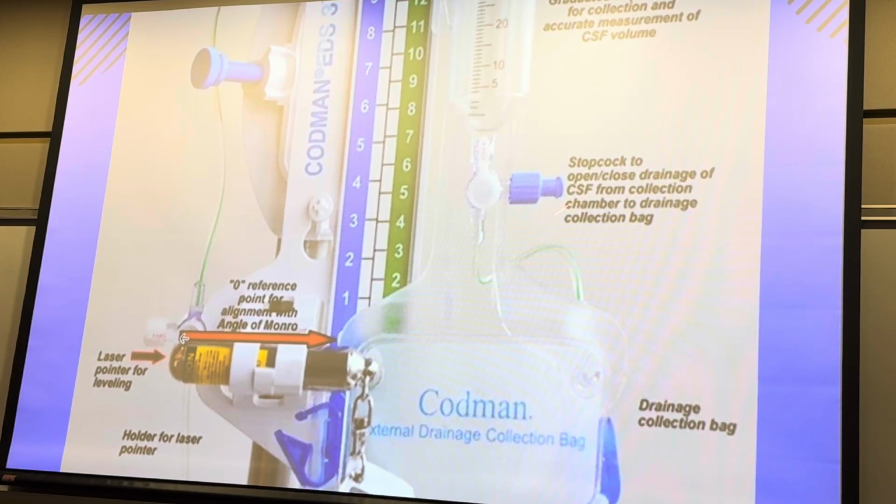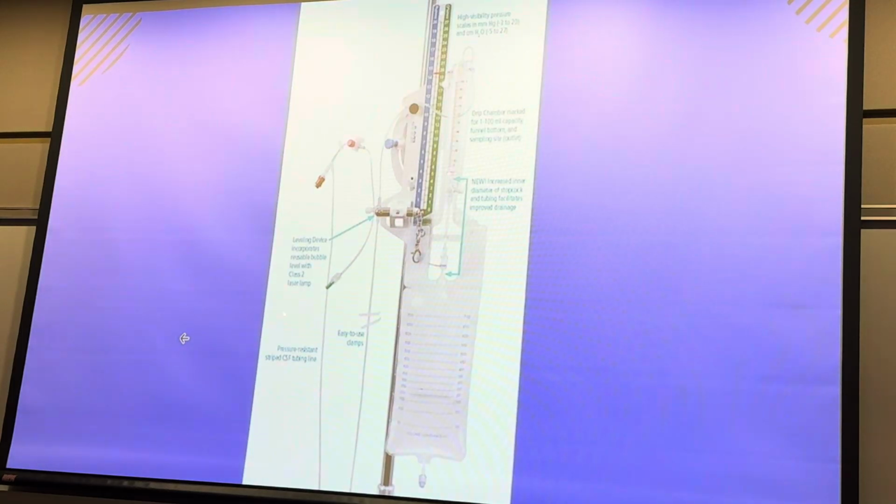And then you have a three-way stopcock. So you'll go in every hour, take a measurement up here, turn your three-way stopcock, and allow it to drain in this bag. Turn it back up, and then you'll come back in the next hour, and you continue to do this measurement every hour or so, or whatever the order says, basically. But that's a rough idea of what you're gonna do with that section. And of course, here's kind of the big picture of it as well. This is gonna be your line that's connected to your patient. And then you have your laser level right here.